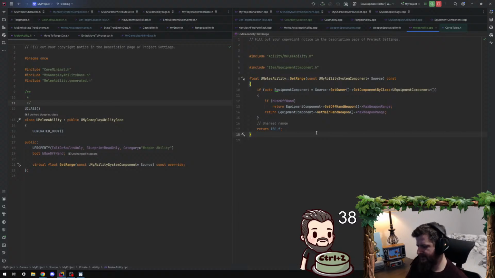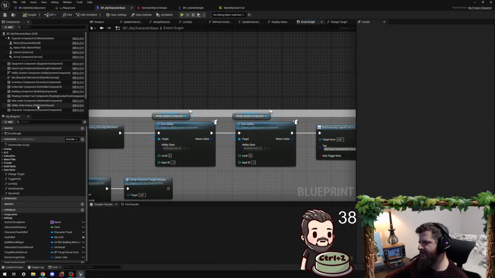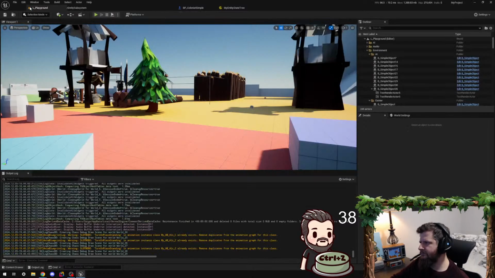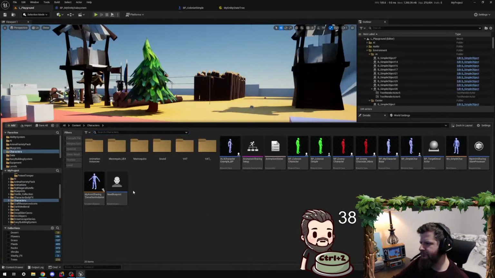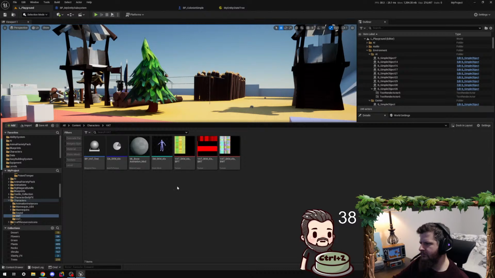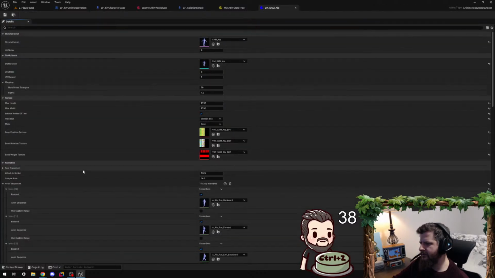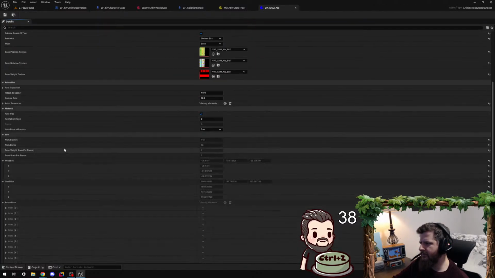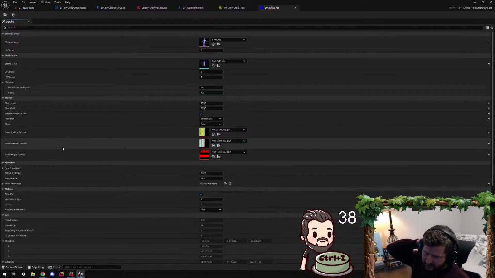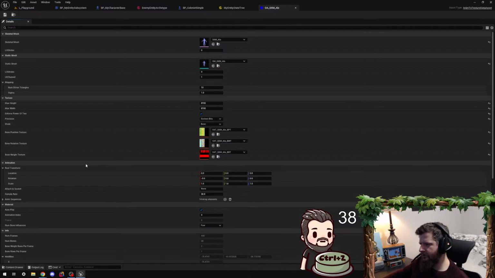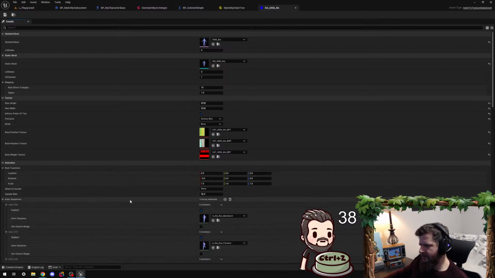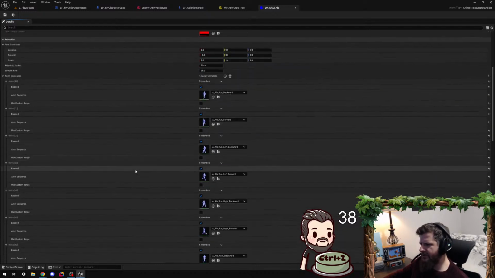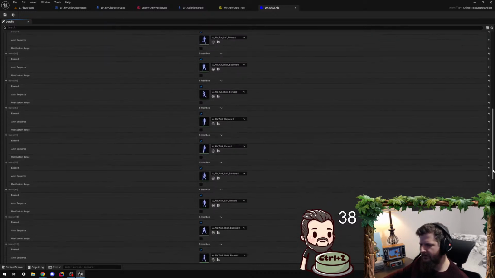Okay, so here's the deal. With vertex animations, you have to create this thing. It's a data asset, and this is what ends up getting passed to the GPU in some way. I have 14 animation sequences just for moving,